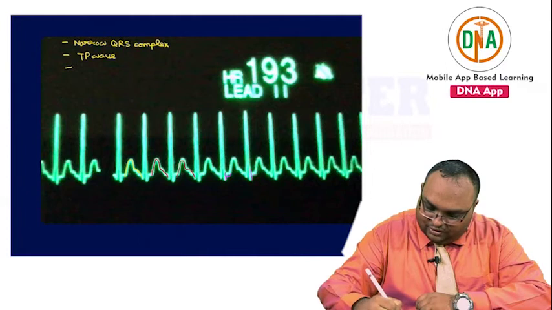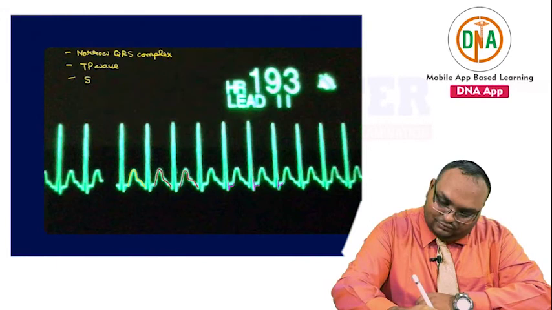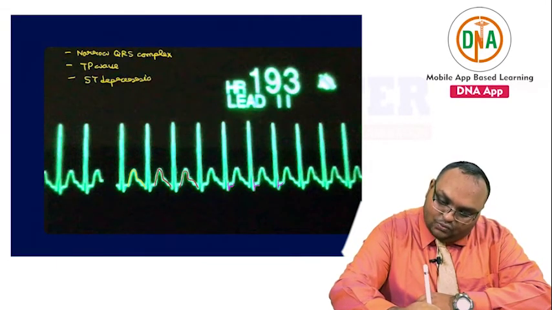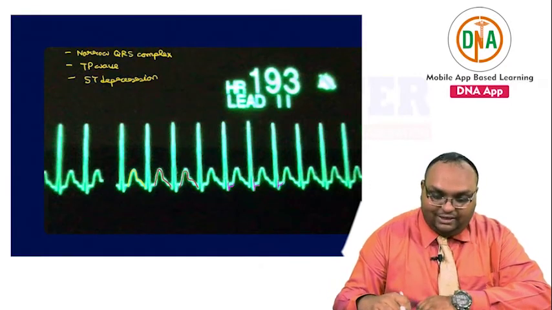This is the ST depression. So you can also see ST depression over here. So if you have a narrow complex QRS with the TP wave and ST depression, I hope you've been able to diagnose the condition. Yes, rightly, it is